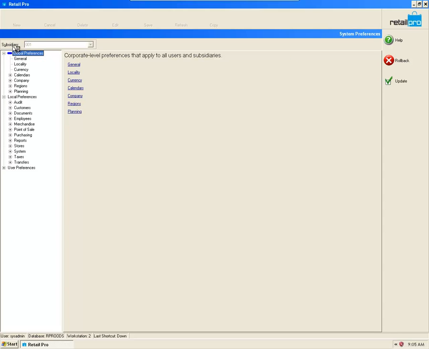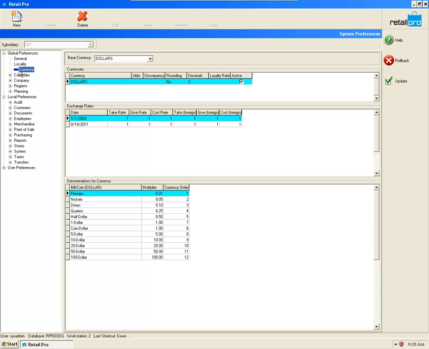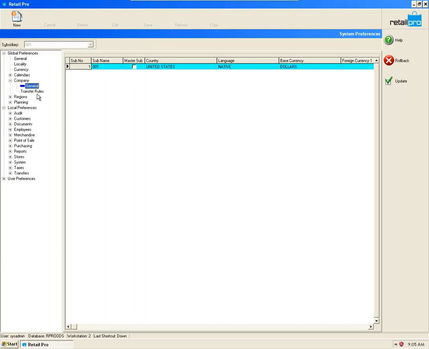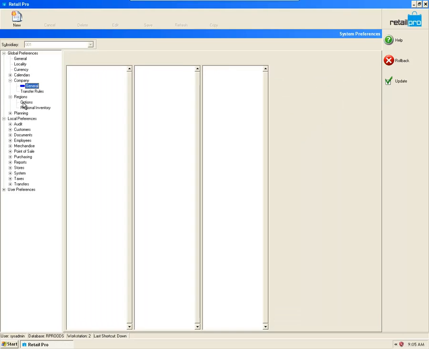We have them defined as global and local preferences. For global, meaning those sorts of preferences that apply to all stores, those are where you define things like currency, how you define your company. If you're tracking regions for reporting purposes, you can define regions and assign those stores to specific regions,